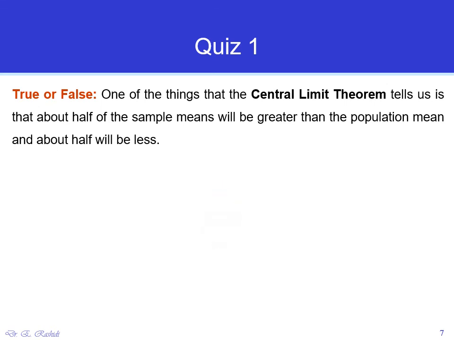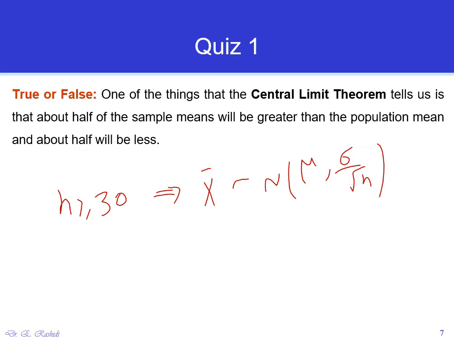So the central limit theorem tells us that if we don't know the distribution of the population, but we know that the size of the sample is greater than 30, then the distribution of X bar, the sample means, would be approximately normal with an average of mu and a standard deviation of sigma over square root of n. And if you actually plot the distribution of normal for this, it would be a symmetrical shape. If you remember, for the normal distribution, the mean would be equal to the median.